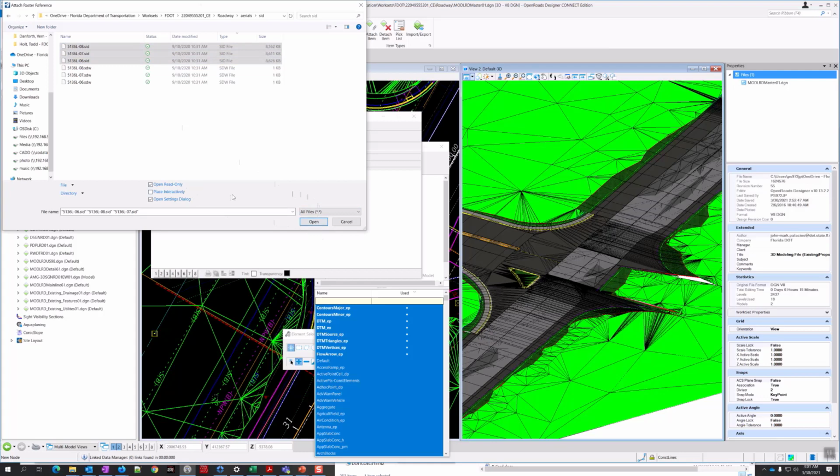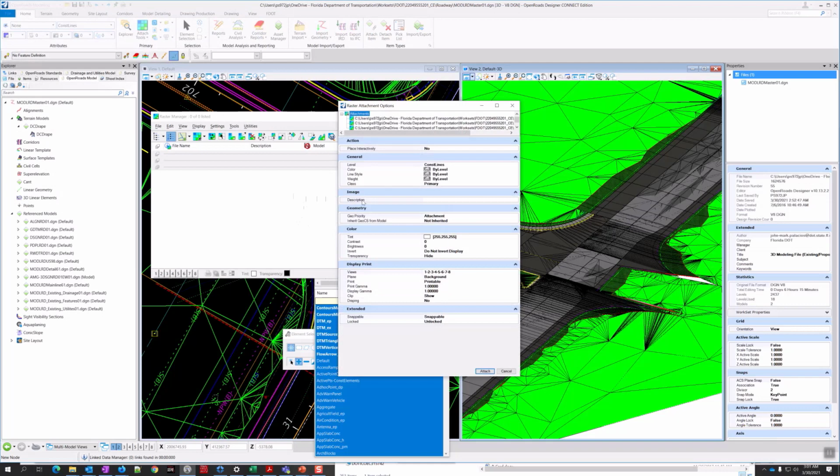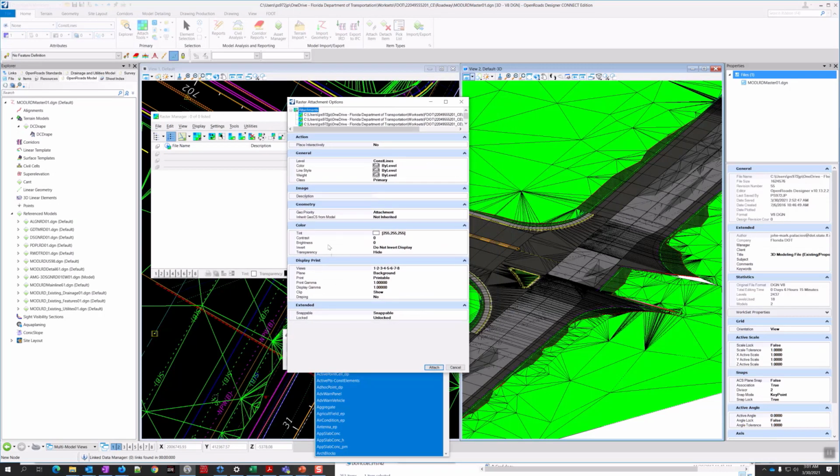These default options should be okay. The open settings dialog, make sure that's checked, and then click open. So then these attachment options will come up, and this is the important option here, draping. Remember I said if this doesn't show up, you probably haven't made the 3D view active. If you made the 3D view active before you did this, it should show up, and you change the draping to yes. Because we set that feature definition to DC drape, it's going to show up on top of that existing ground. So I'm going to say yes, and I'm going to click attach.